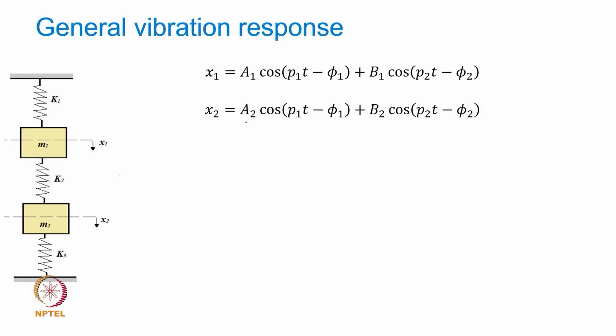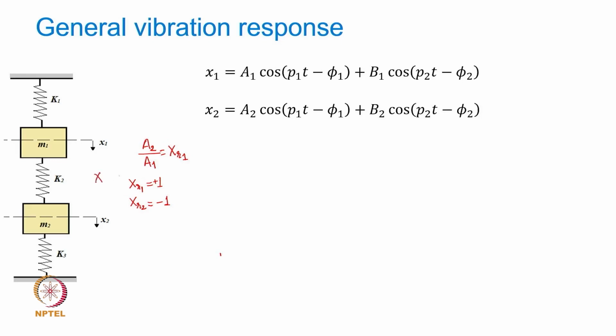So, when we say that it is going to be contributed from the first mode, the motion of x1 and x2 are related in that way. Therefore, what we wrote is that A2 amplitude over A1 is given by the first mode shape ratio. And if you remember in the previous simpler example, this xr1 was equal to plus 1, and xr2, the second mode shape, was minus 1, as a specific case where K1 and K3 are K, K2 is 2K, and M1 equals M2 equals M. Of course, these ratios